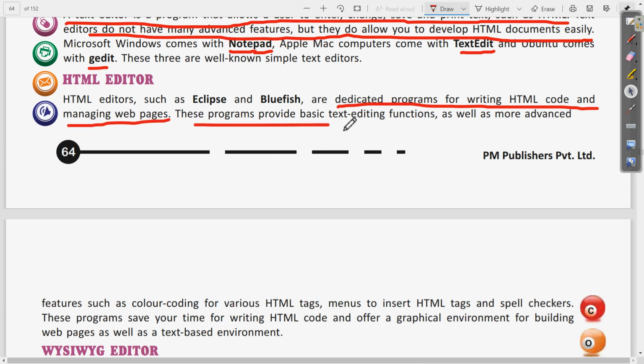These programs provide text editing functions as well as advanced features. Only write advanced features, no need to write all of these. Then give the example for this also, that Eclipse and Bluefish are two examples of the HTML editor. Clear? After writing all of the points, write the example at last.